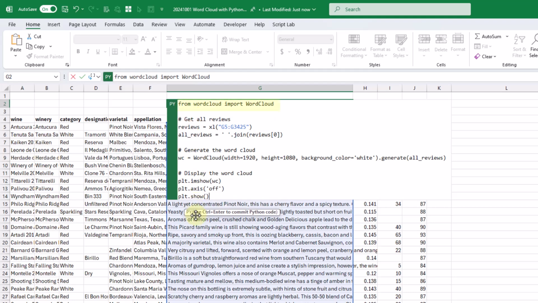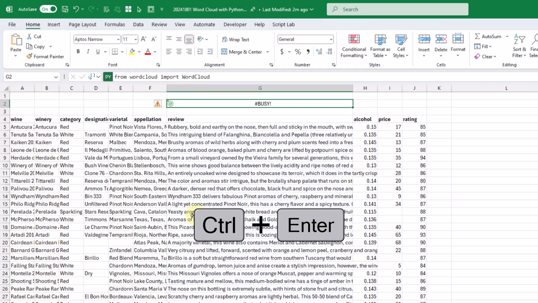So the first thing we're doing in this code is importing the word cloud library. And then after that, we're going to get all of the reviews from our Excel workbook. So these are in cells G5 all the way down to G3425. And then after that, we're going to join these all into a single text value. And with that single text value of reviews, we're going to generate our word cloud and then display it in the grid. And if I press Control Enter to commit this,